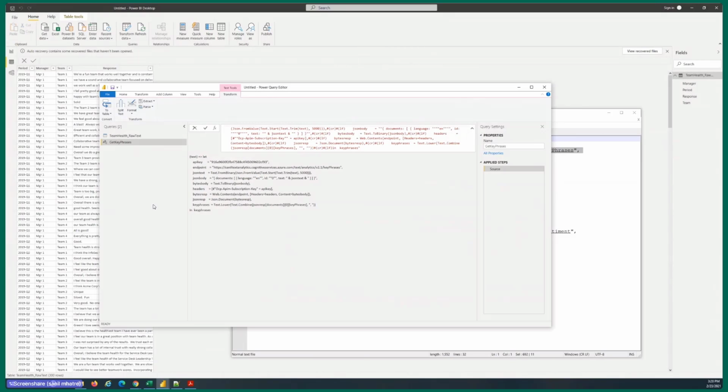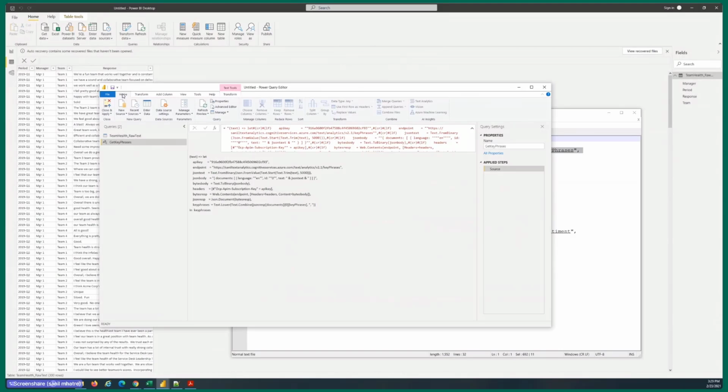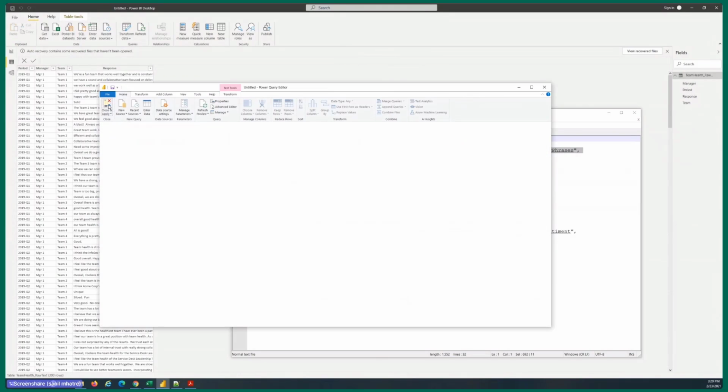Okay, so we have this, and we are going to now add the second function in there as well. It looks a little bit different from the last time I opened Power BI, but they keep adding things to Power BI. So I'm going to go back to, let's close this. Close and apply.